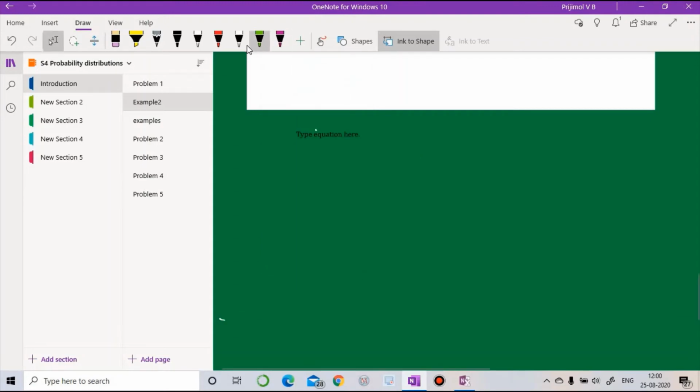Okay, see, I have already connected my laptop to a graphic pen tablet as well as a microphone. I am going to write using a white pen. Since I am a maths teacher, I usually prefer working in this mode. I am writing my first equation here. See, I have written my equations.